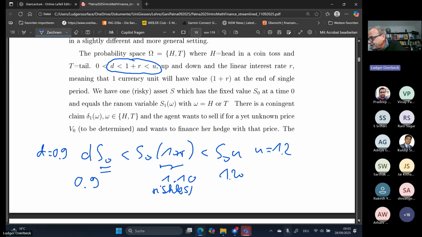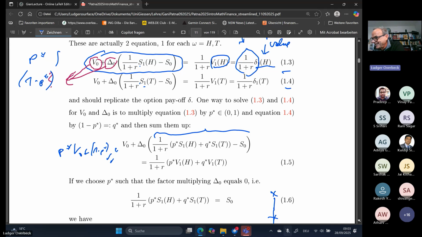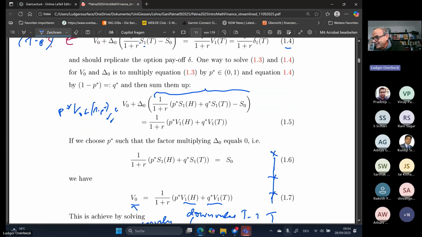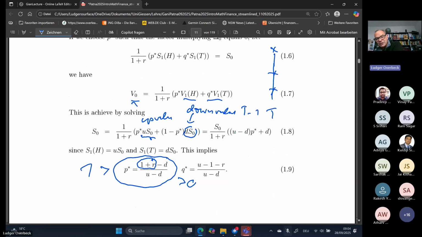So here you see the intuitive, or layman's, understanding of what reasonable markets are, translated using these two equations. In your question, when does P star exist? It exists if this condition holds, and then we have a P star, and then we can do this numerics, which was motivated by solving equations.